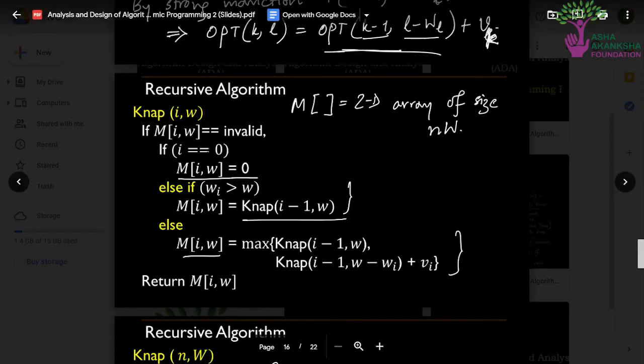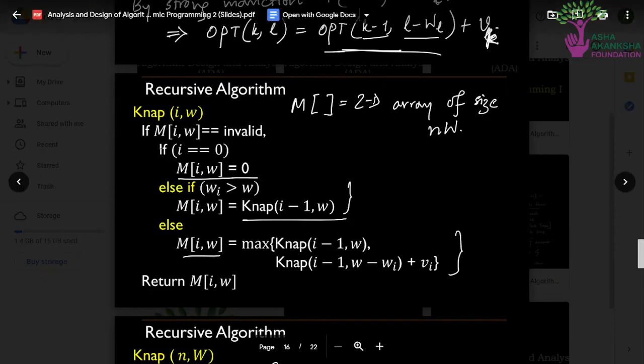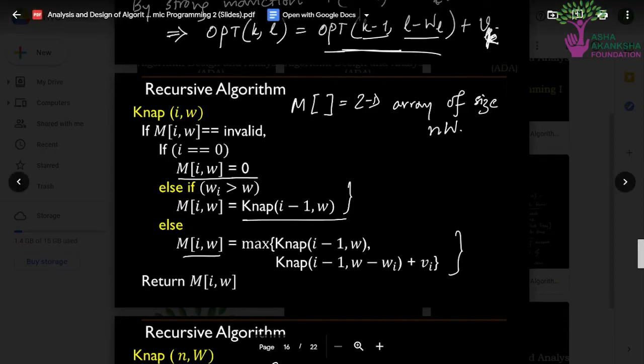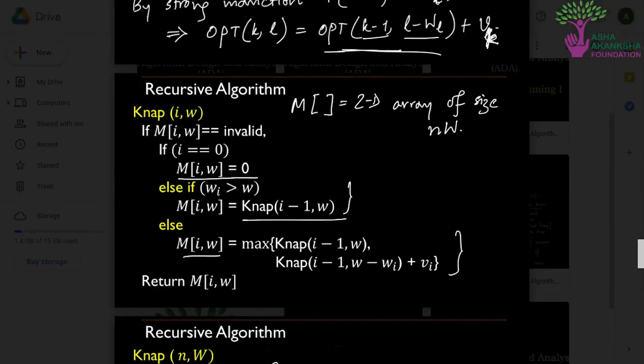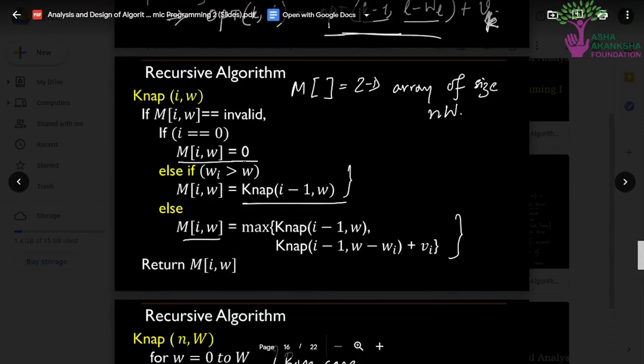Now you will first see whether the value at this particular place is valid or not. If it is an invalid value, then proceed with the dynamic programming solution. Otherwise, the problem for this particular case has already been solved earlier, and you can just take that solution and not go into the if brackets, and simply retain the value. Otherwise, you will carry out the algorithm and then return the value. So this was the memoization that we discussed in the last video.